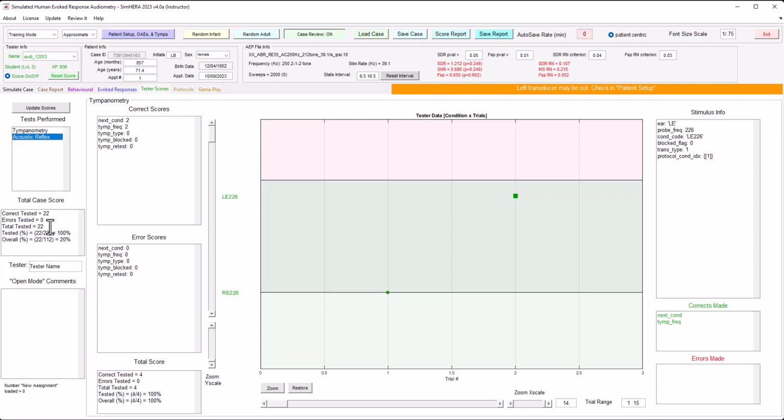you can make some comments in here. If we're in assignment mode, this will say instructor comments. You can make some comments and feedback and send that back to the students. The user's tester name, please put in your tester name when you're handing in assignments. It helps the instructors to know who was the tester. Different tests that were performed and their scoring of them will be updated and saved when you do a save report after you've done a full scoring of your assignment. And that's also the case in